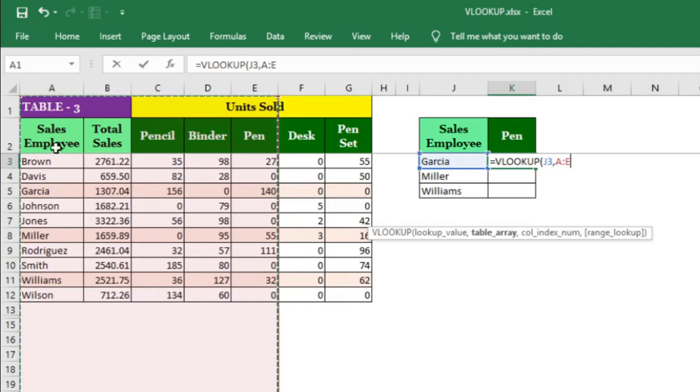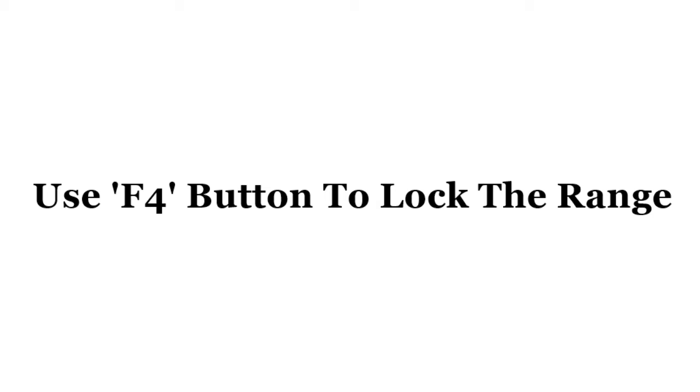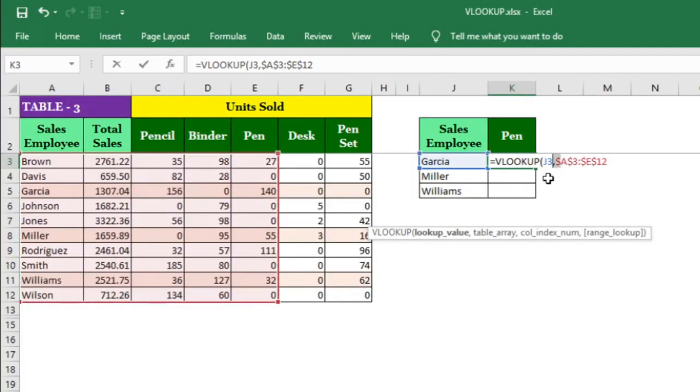Or you can count the column number starting from 1. You can select the range only, but I will recommend you not to do this unless it is required. However, if you select the data in range only, then you must press the F4 button once to lock the range. Otherwise, the range will move down as you drag the formula. So, if you select the data only, always lock the range by either putting the $ sign or using the F4 button.